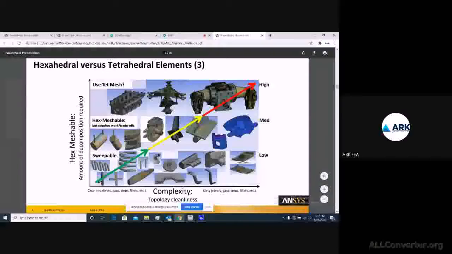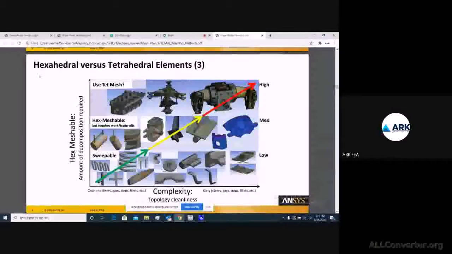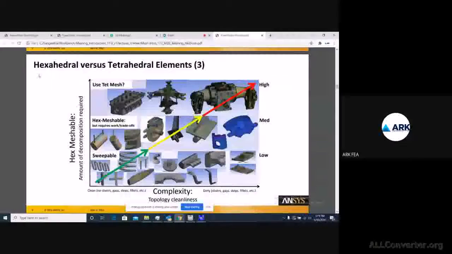So as you can see, you have hexahedral and tetrahedral elements, and when and where to use them. Below, if you see, these are the clean kind of geometries, sweepable bodies as we generally say, which have a uniform cross section, or they have a good kind of mesh. So in that condition you can go with a sweep kind of mesh.